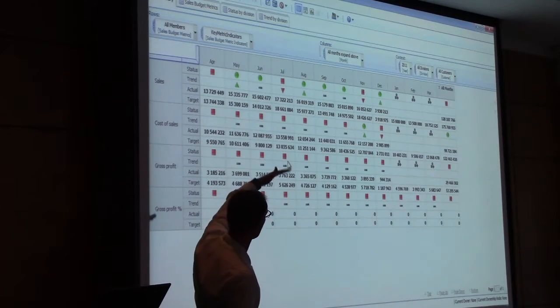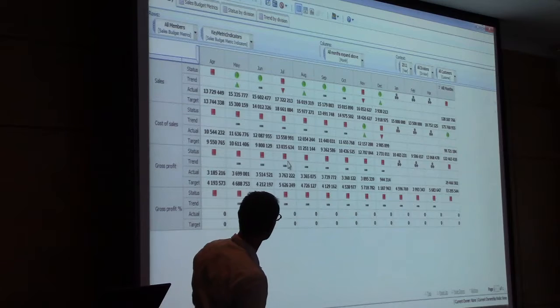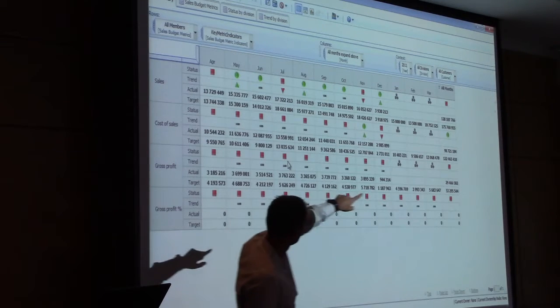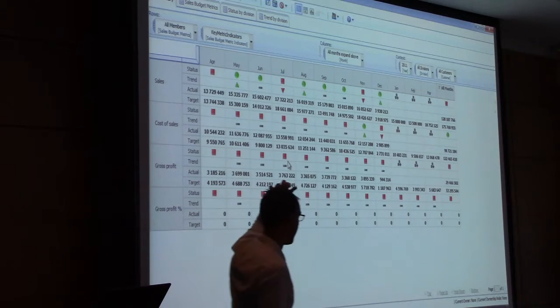I can see the trend going up or down. I can actually see the numbers themselves, and you'll notice that little icon at the right basically says that I don't have a comparison in that particular cell.